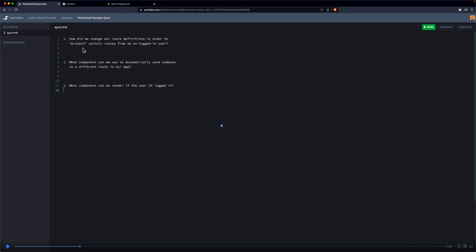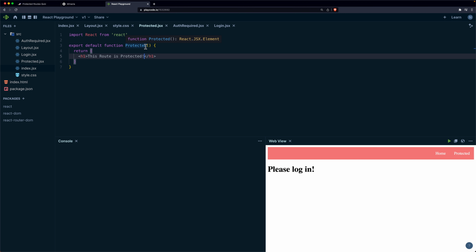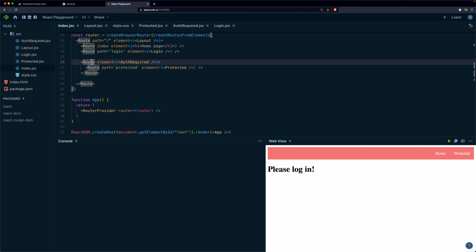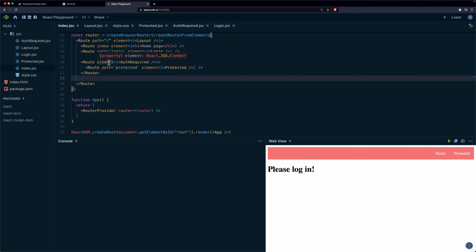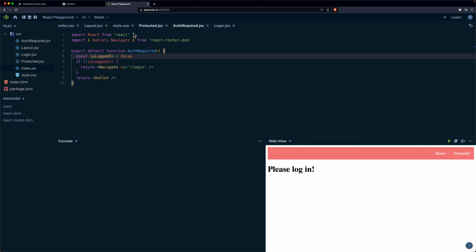So basically, we changed our route definitions. If we go here, we see that we have a route called protected. And what this route will render onto the screen is an H1 that says this route is protected. But what we did was we wrapped this route into an element called auth required, or let's just say another route. And what auth required is doing is that it's loading up the component and it's checking if the user